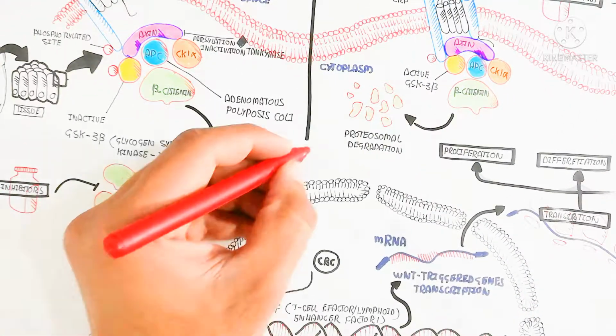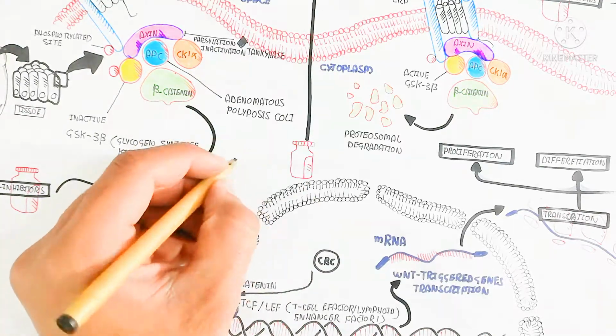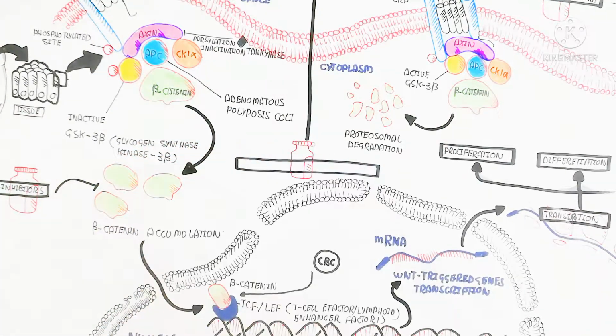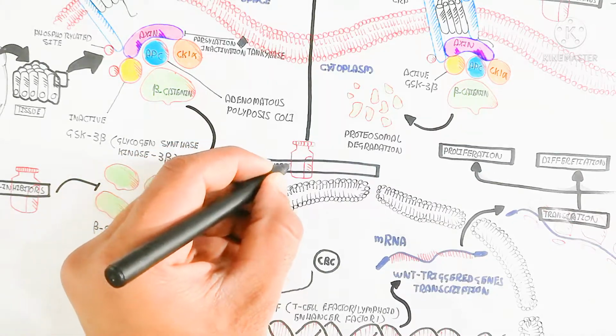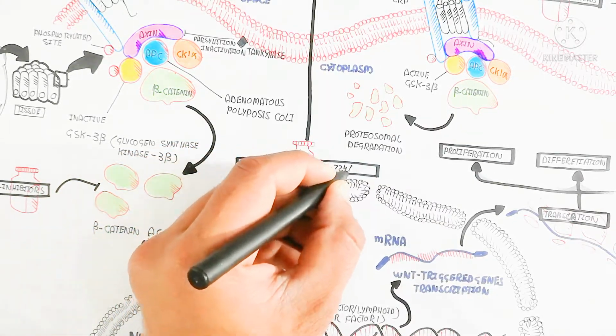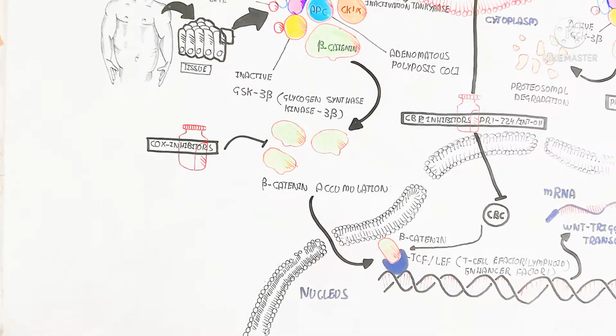So what is the meaning of this? What is the Wnt beta catenin? Let's begin to understand with this. I want to try to understand the beta catenin tumor cell. So first of all, here is the CBR1 inhibitor, which will inhibit the CBC, because the CBC is the major trigger for the beta catenin binding with the TCF.